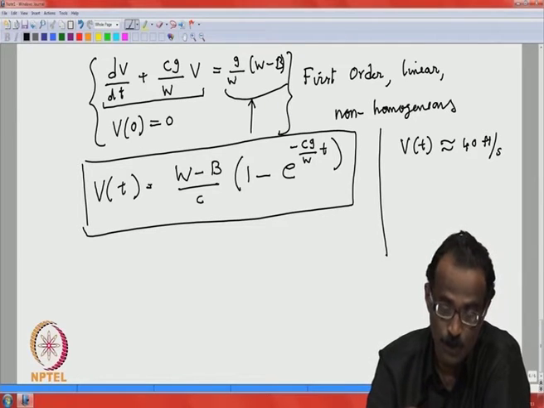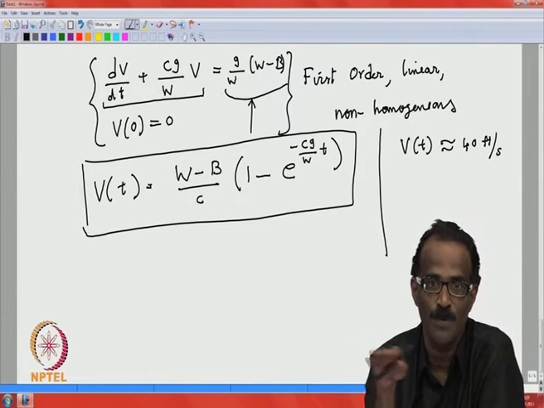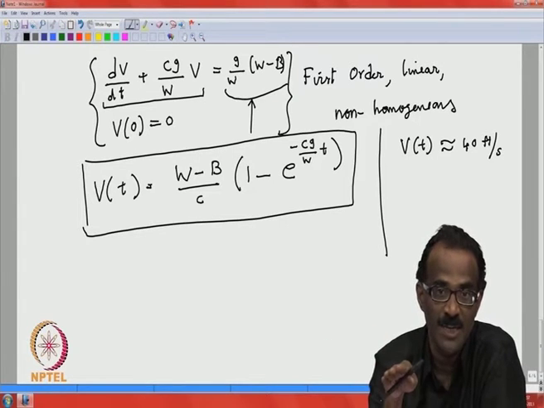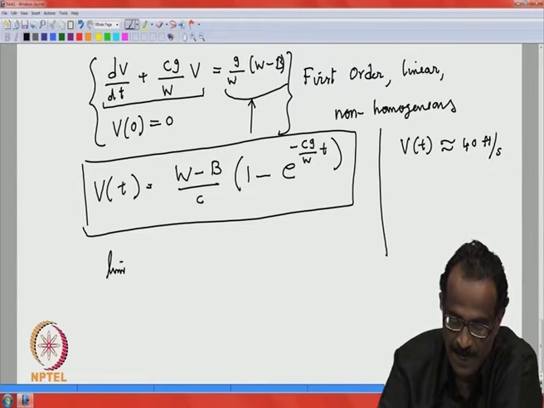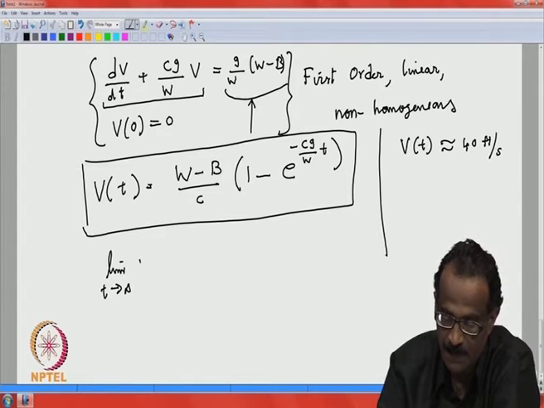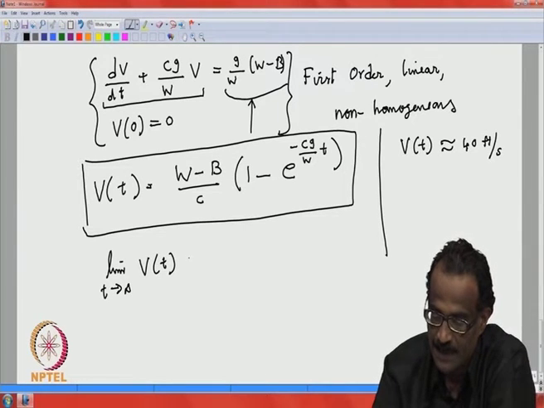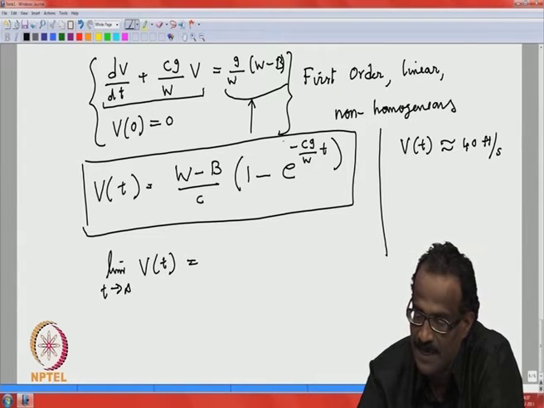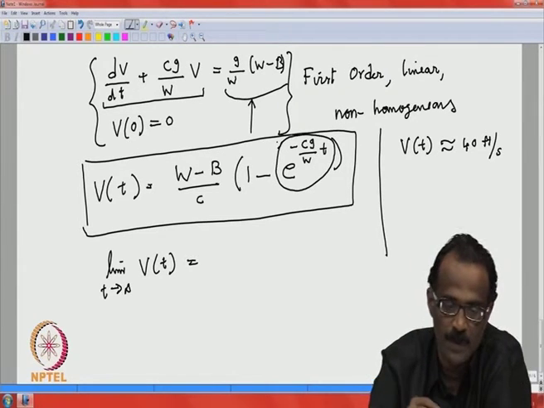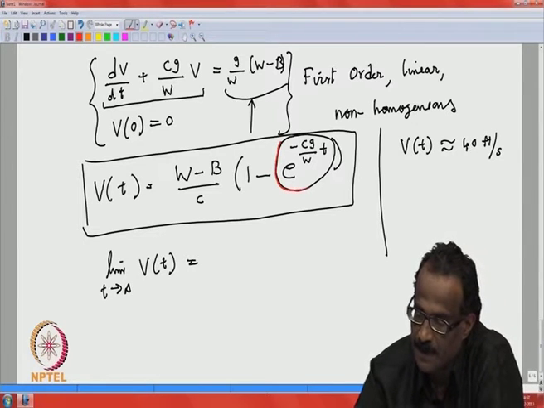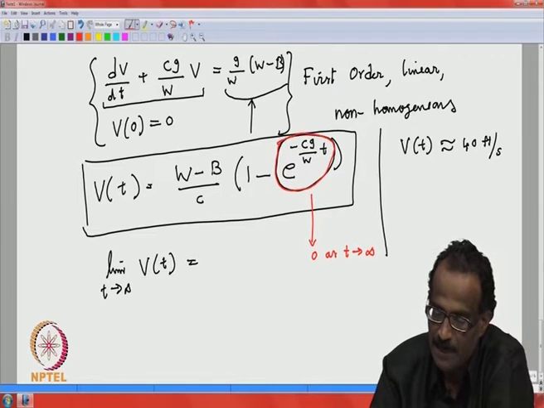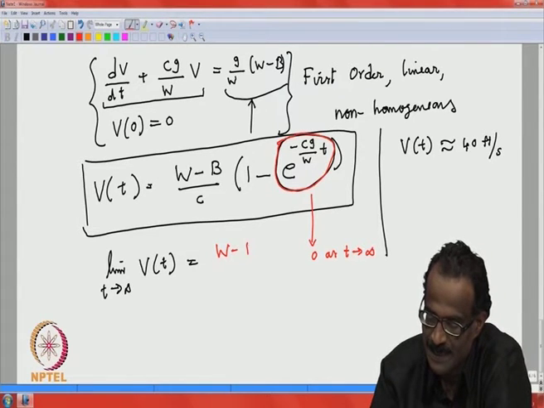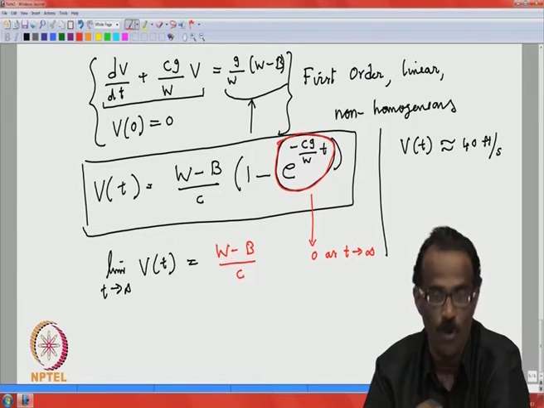If your solution never reaches 40, then there is no problem. But now you compute, as an immediate analysis, the limit as t tends to infinity of V(t). As t tends to infinity, this term goes to 0, right. So, let me mark it with a color. This term goes to 0 as t tends to infinity. So, immediately you see that the limit goes to (W minus B) by C,